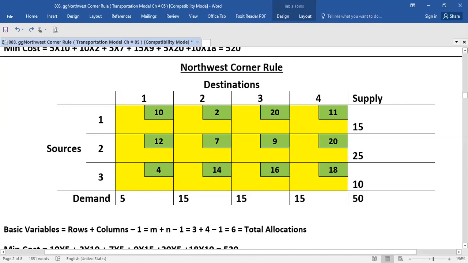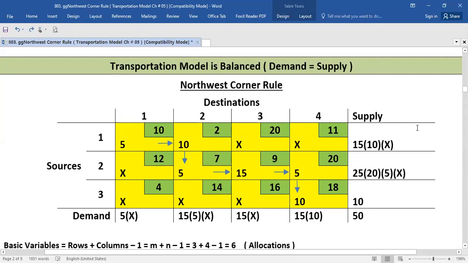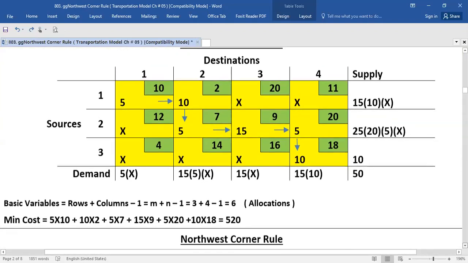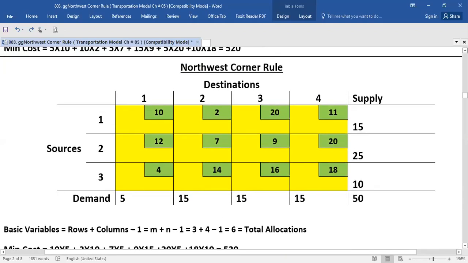In my previous lecture I told you to do it by crossing the blank cells. Now it is a little bit different method, but the result is the same. You will enjoy this method. There are different ways, and different people may use different styles for solving the Northwest Corner rule. These two methods are very interesting and my favorites.